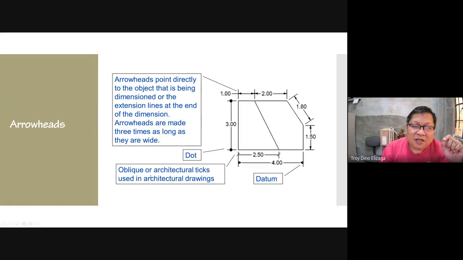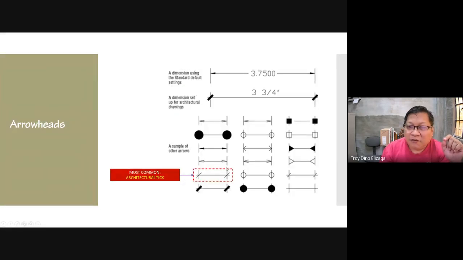Here it says dot and oblique architectural ticks like this, but this is a better way of showing the different types of arrowheads. So they're not really arrows because they're dots and they're ticks, but then you also see a lot of different types of arrows. You have just lines and of different proportions. When I was in first year, I was using only the dots because it's faster for me when I get a pentel pen and just do that.